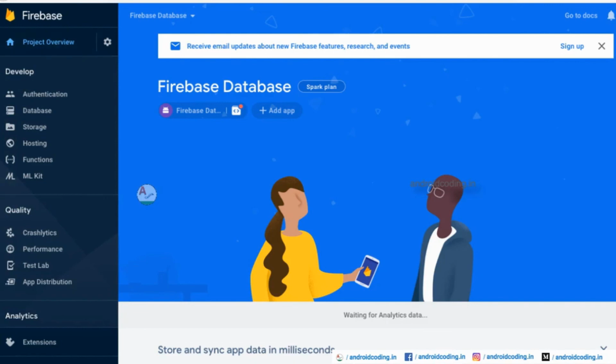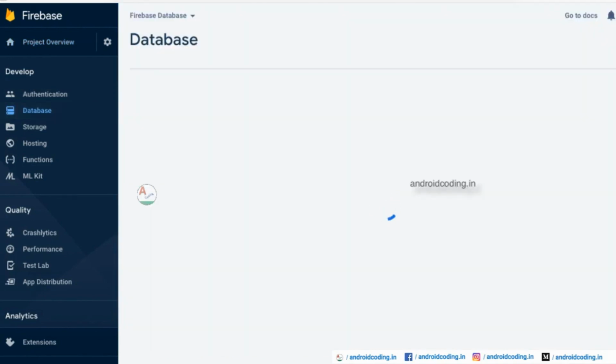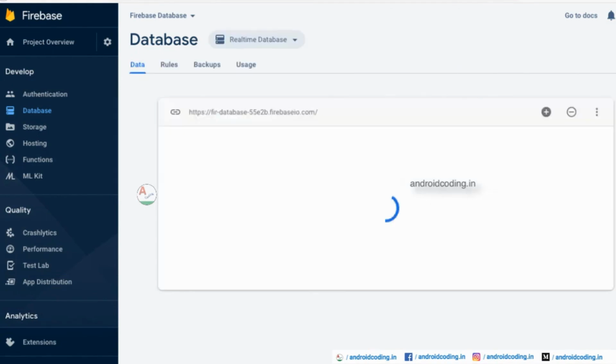So here, after doing all those things and creating a project, here we land. So for login we have dealt with the authentication section, and for this part of the tutorial we will be dealing with the database. So when we click on the database we will get one particular console. Data, rules, backups, usage. So for the first time when you are coming into this console, you will be asked to select an option out of database, storage, hosting, functions. So from there try to select database, and the very first thing you will be asked is the rules.